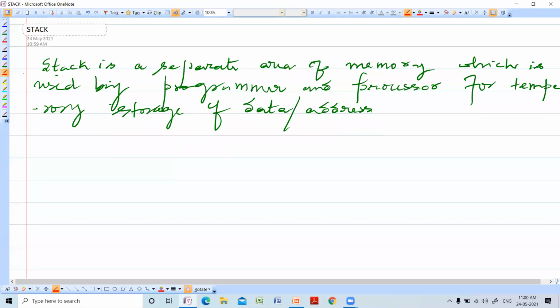So the next point is, register bank 1 is the default stack area.